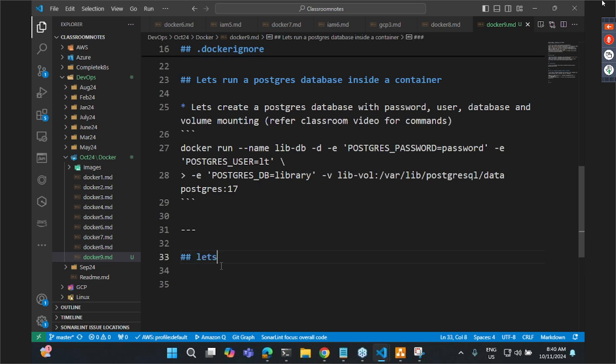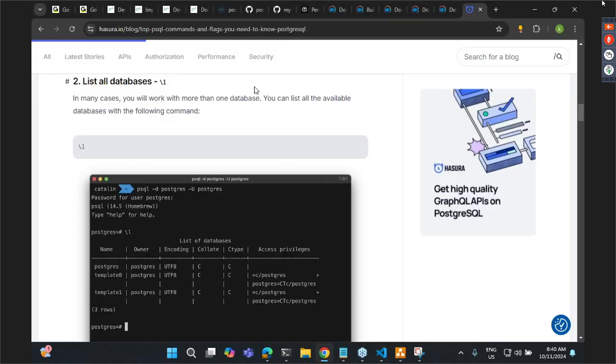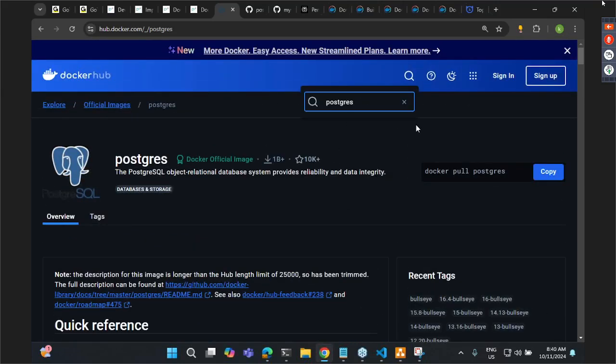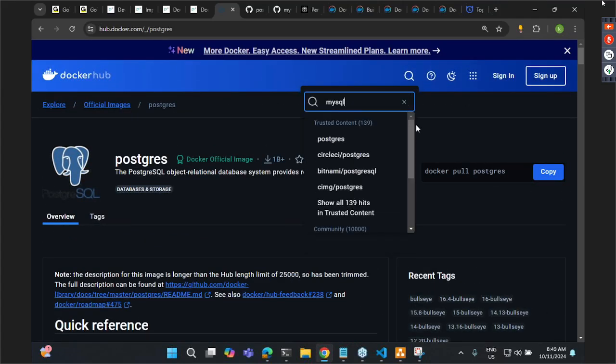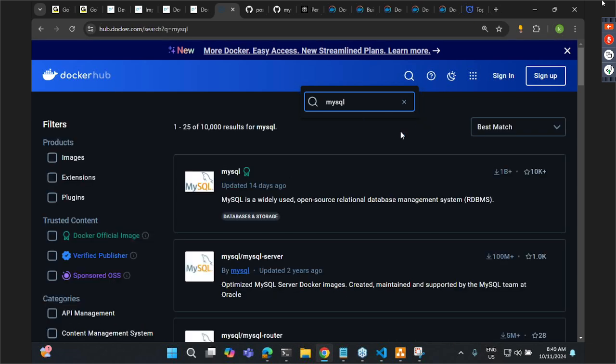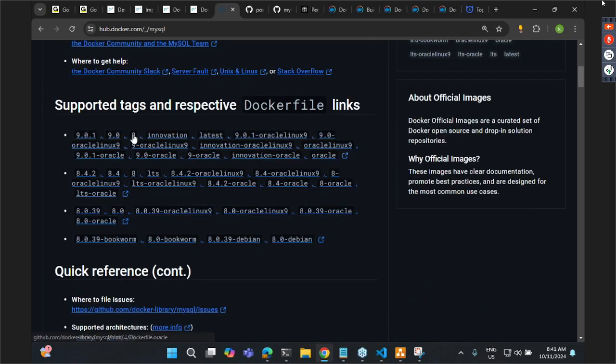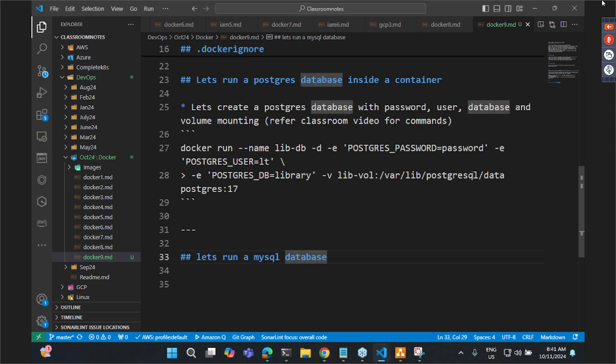So let's run a MySQL database. So what is it that I'll try to do? Go over here and then search for MySQL. So I'll select MySQL. For MySQL, obviously I need a volume. And then let me try to choose an image. Let me go with 9. So